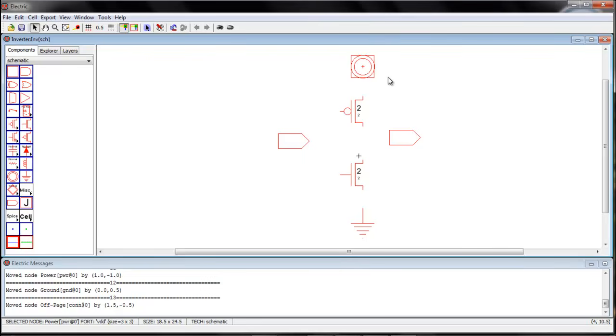Now let's make the connections. To make the connections you need to draw wires, right? But Electric doesn't call them wires, it says arcs. And to draw arcs you have to left click on the source and right click at the destination. Left click, right click, and you have a line drawn. This blue thing that you see here is an arc. So just left click, right click, and repeat for each connection. This makes the inverter